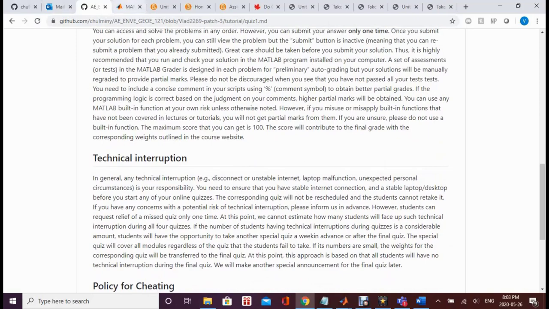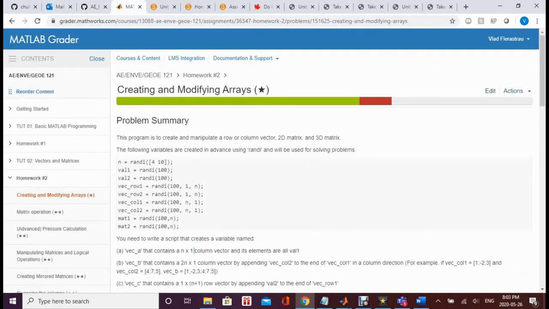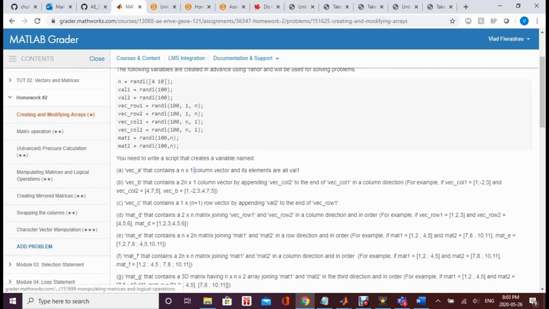So let's open up MATLAB Grader, and the first question that I want to cover is in your homework 2, matrix manipulation, the one with 2 stars. So let's go to that really quick. All right,